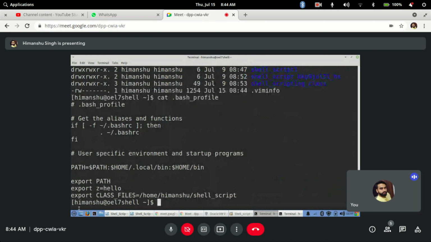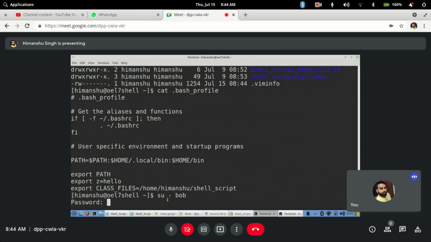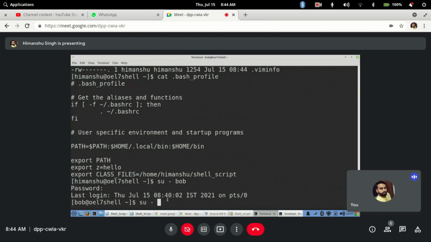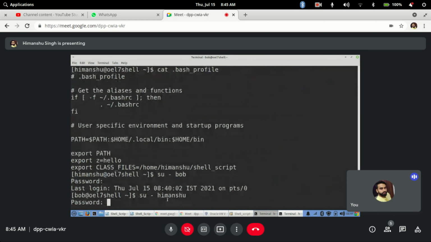You will see these entries are there. But if you go ahead and open a new session, su - bob and su - himanshu again, this .bash_profile is specific to the user. So this will only be visible by the Himanshu user.